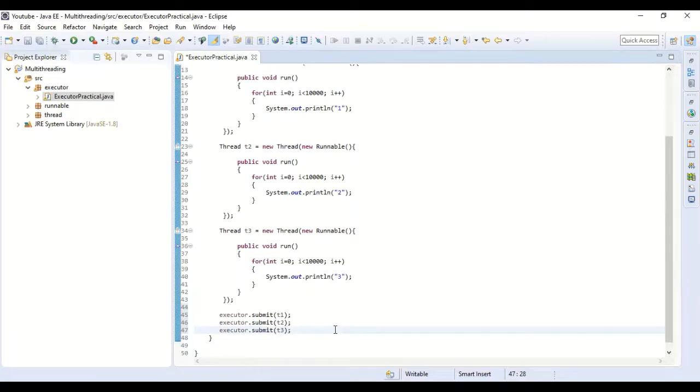After the tasks are submitted, they will start executing, and we will give executor.shutdown.